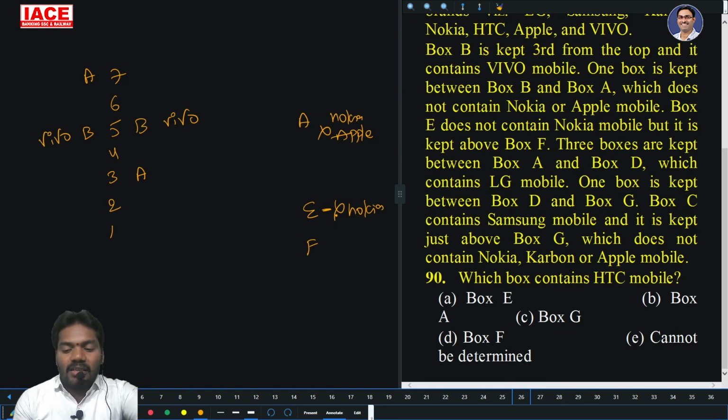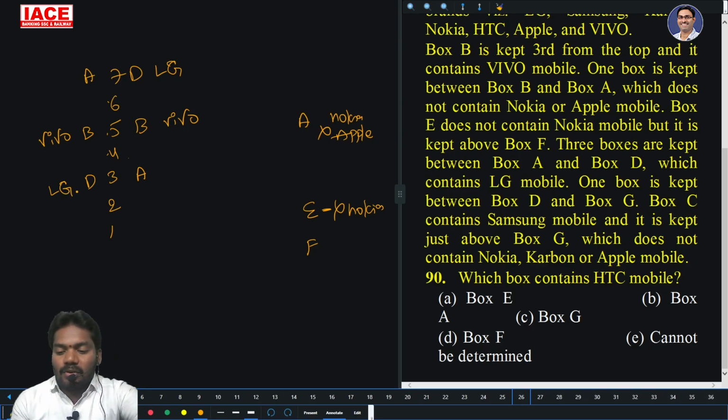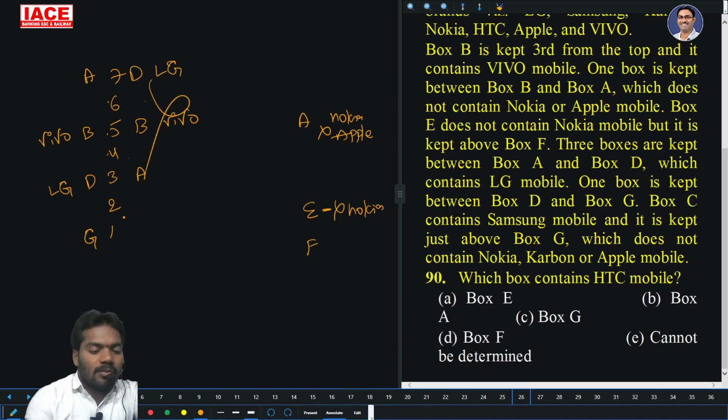3 boxes between A and D, which contains LG mobile. 1, 2, 3, box C, this is LG. 1, 2, 3, box 6, so this is LG. The one box kept between D and G, only chance of here, this case not possible. Box C contains Samsung mobile and it is kept just above the G. C is Samsung, just above the G,